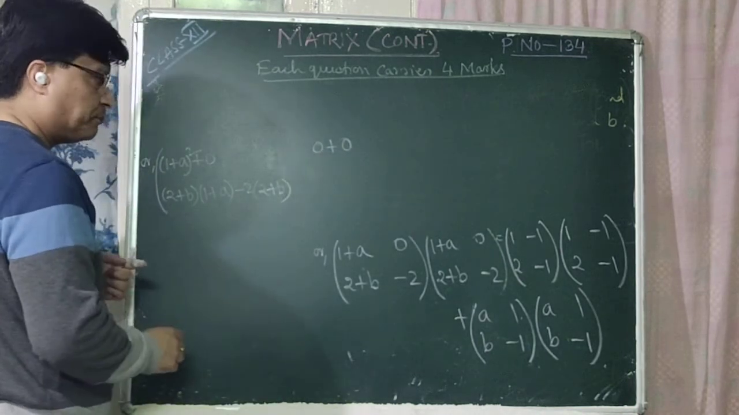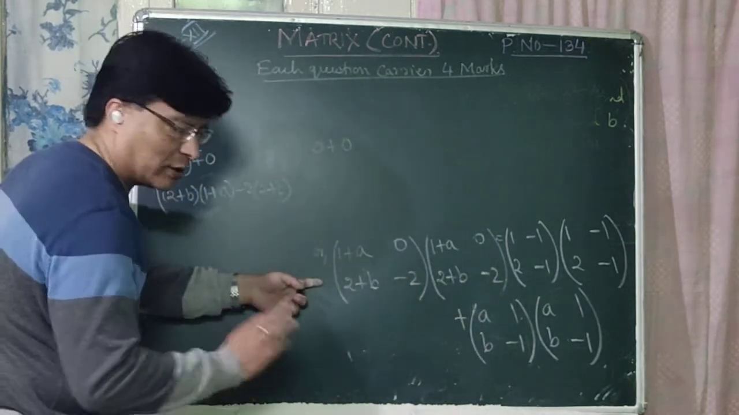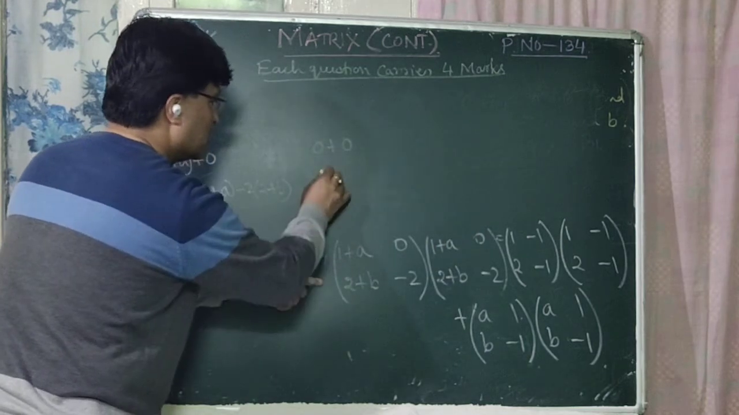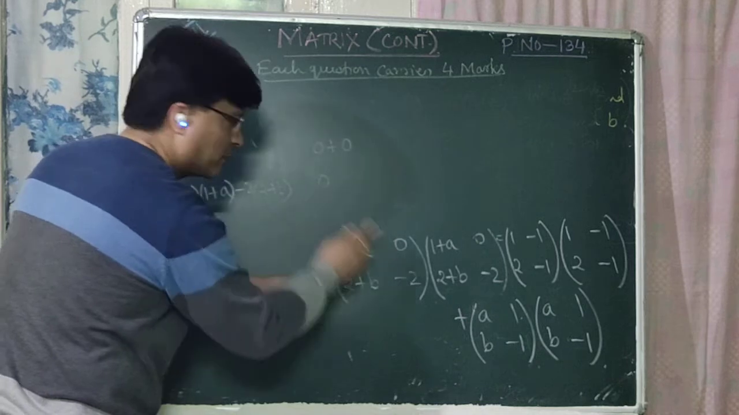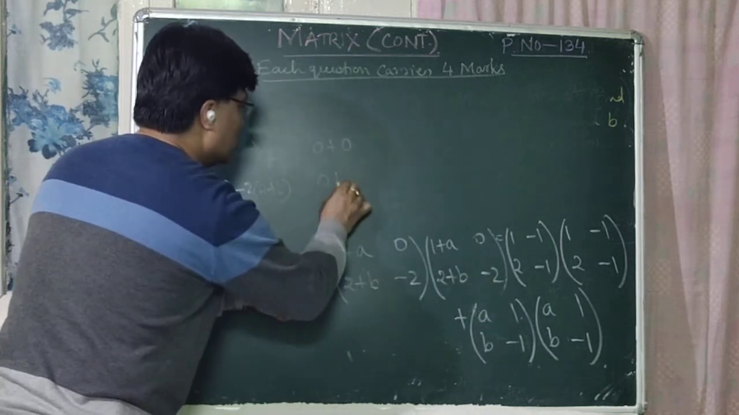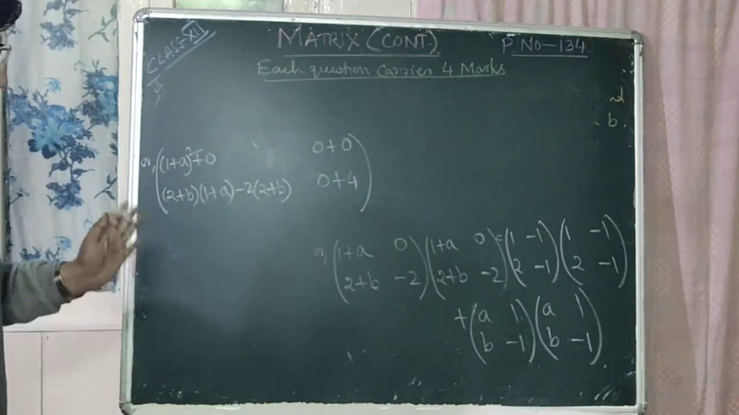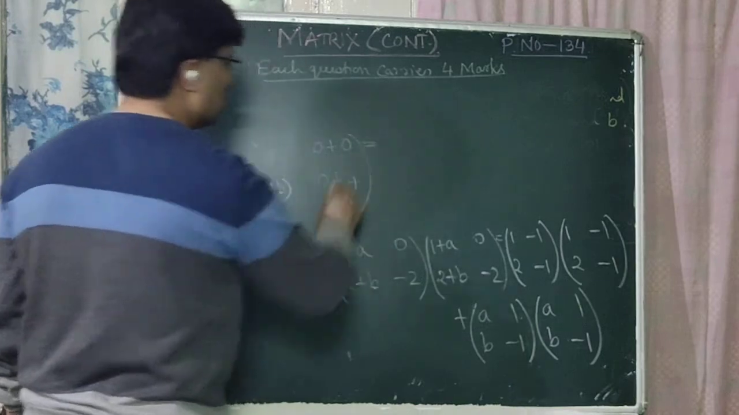So now again, this second row should be multiplied by second column. Corresponding elements should be added, right? 2 plus B into 0, that is 0. Minus 2 into minus 2, plus 4. So this is your left hand side matrix. Is that clear? So which is equal to, now next,